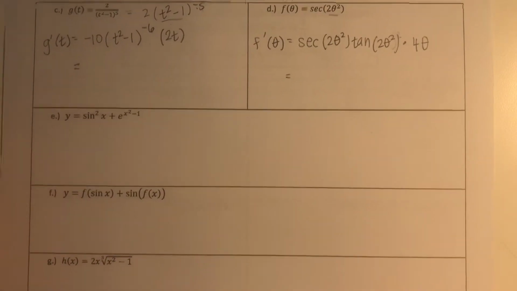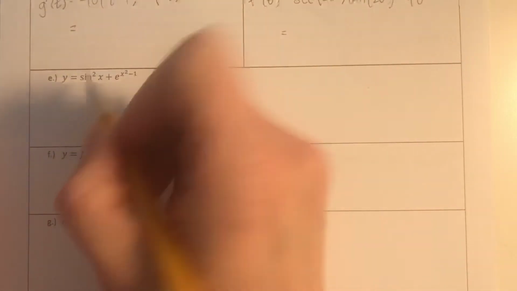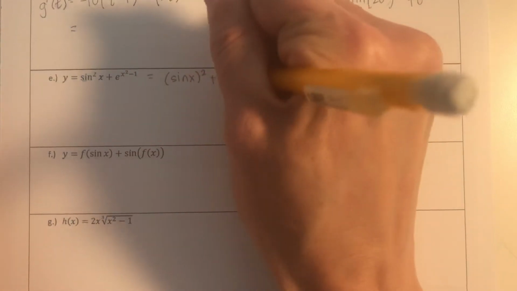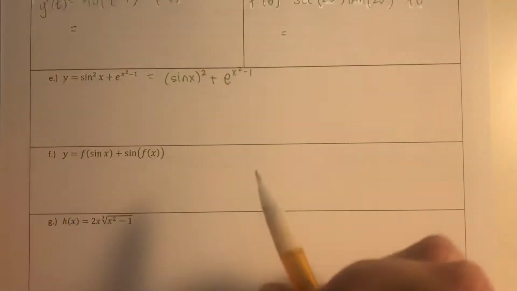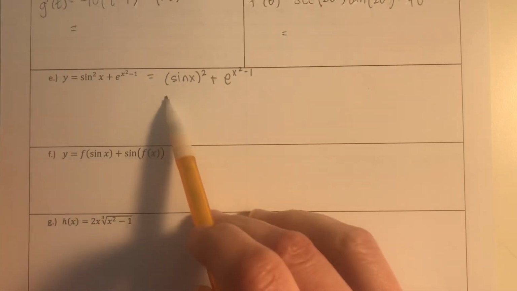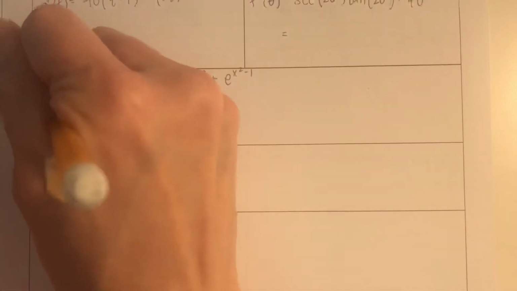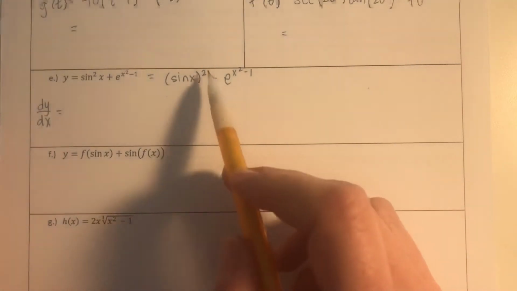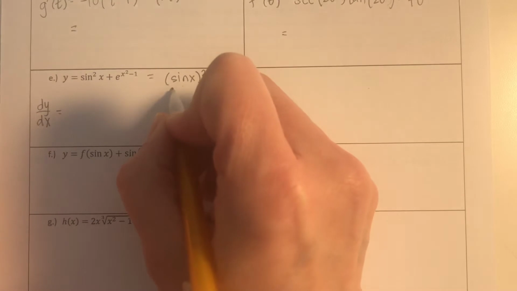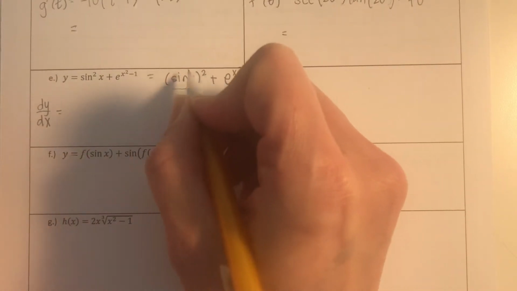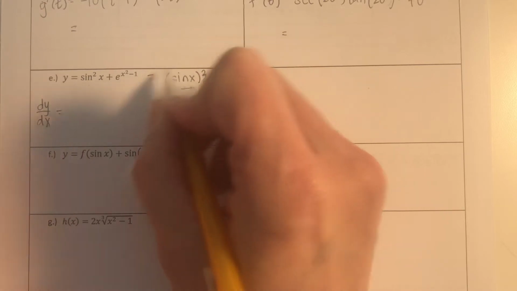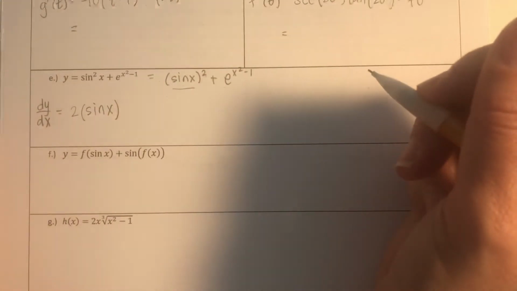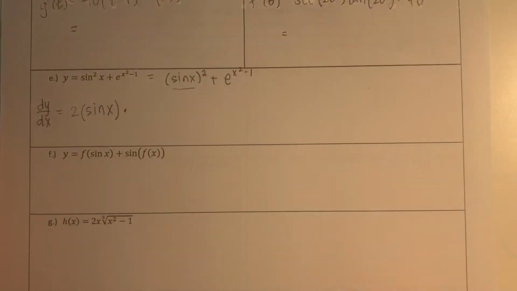For part E, we have sine x quantity squared plus e to the x squared minus 1. So we have 2 different functions here that both are going to require the chain rule. So we put dy dx, or y prime, something to show that you are now taking the derivative, and this is the derivative answer. So taking the derivative of the first term, it's sine x, which is our inside function, squared. So using the chain rule and the power rule, we're going to have 2. Leave the inside function the same, so sine x, to the first times the derivative of sine, which is cosine